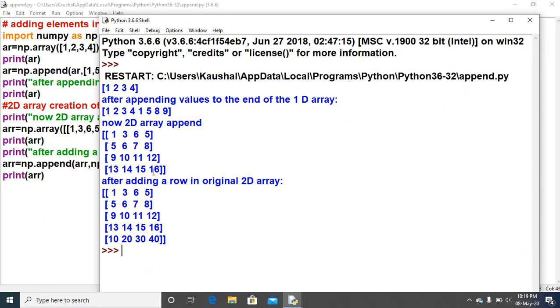So now after adding a row in the original 2D array, see 10, 20, 30, 40. The original array was this one, 4 rows, and now the next row 10, 20, 30, 40 will be added here at last. Means for the previous original array, the new row will be added, not created, added at last.